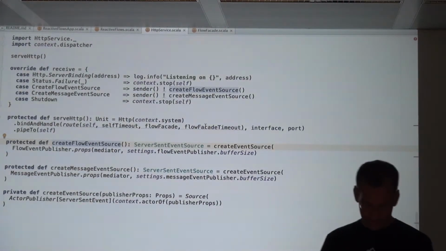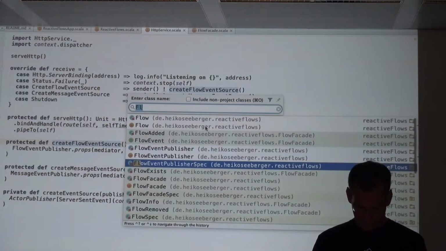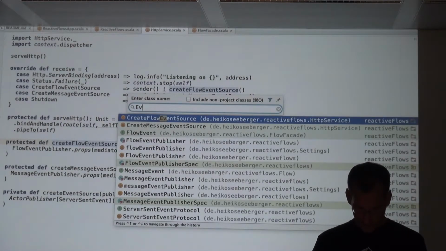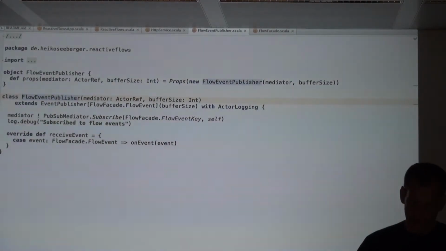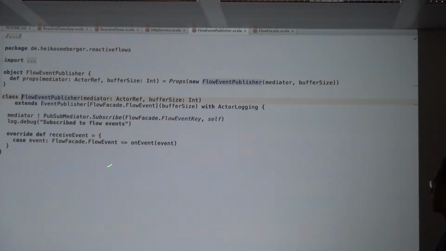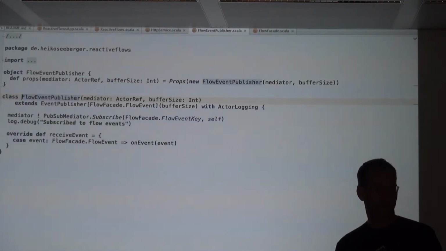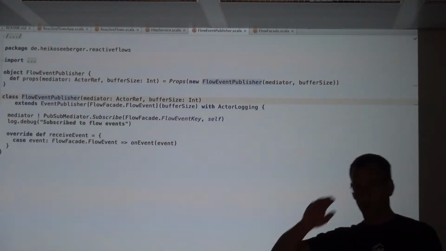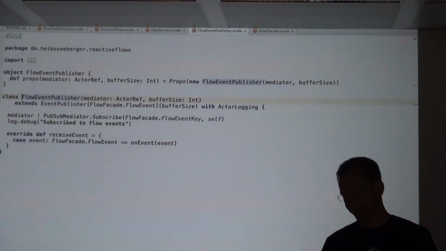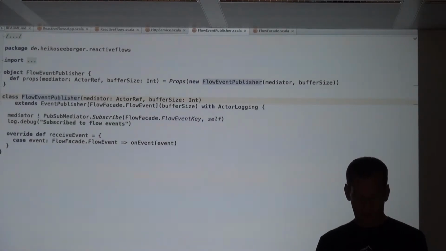In this case here is the flow event publisher actor. That's a simple actor, just a couple lines of code. One thing that's important is we subscribe ourselves, this actor here, to the mediator, which is passed in, okay? And then, whenever we receive a flow event, we call the onEvent method that will just send it downstream. That's all you need to do.